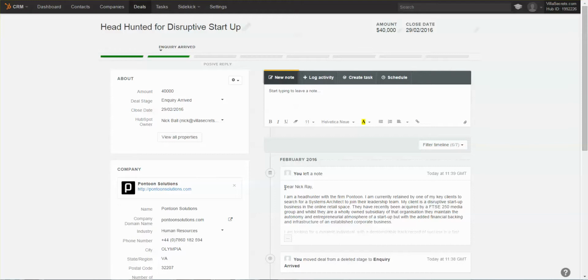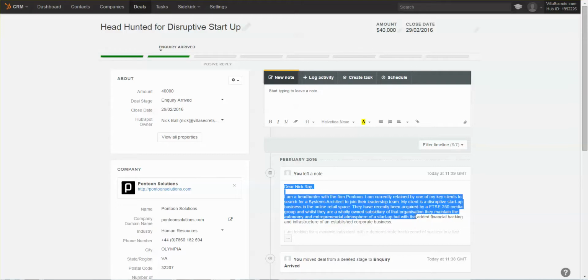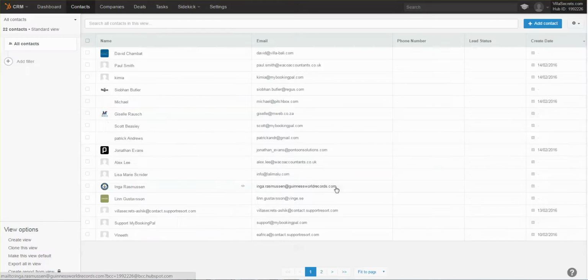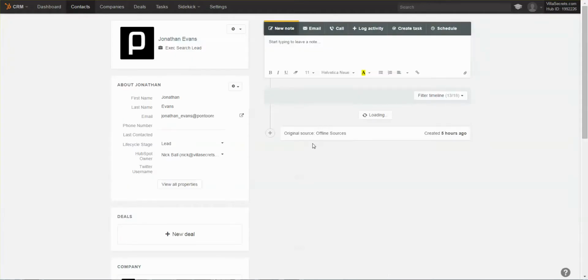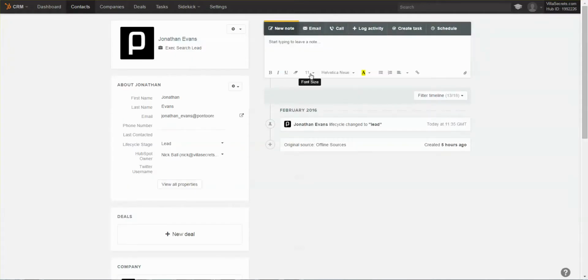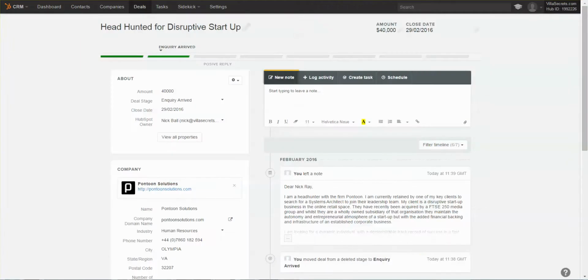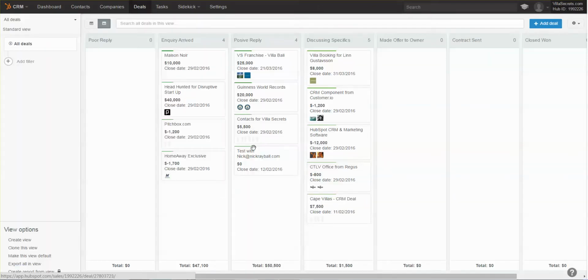And I've copied this in here. I've actually copied the email. It hasn't picked this up automatically. But I want to email this guy, and there's no way for me to do it. For me to email, I have to go to contacts. At the moment I've only got a few contacts, so it's okay. And I can see it there, and then I can email him. But you have to go to contacts to create an email, which to me seems crazy. It really is crazy, because it would be very easy for HubSpot to just go back to here